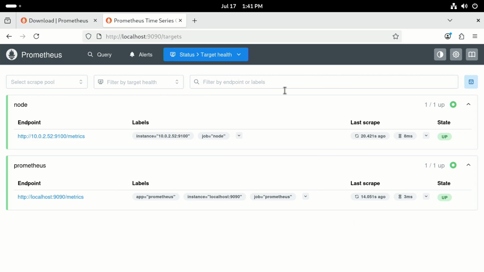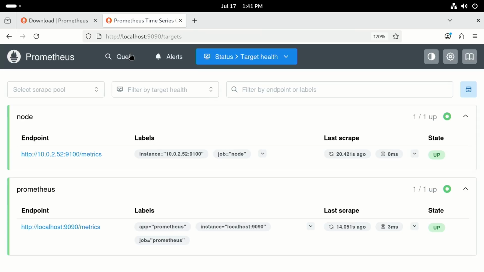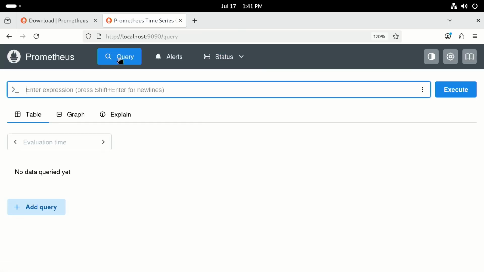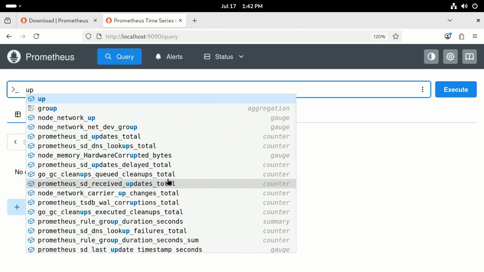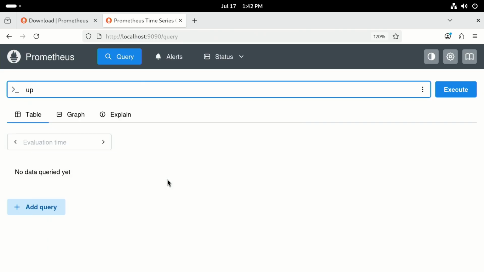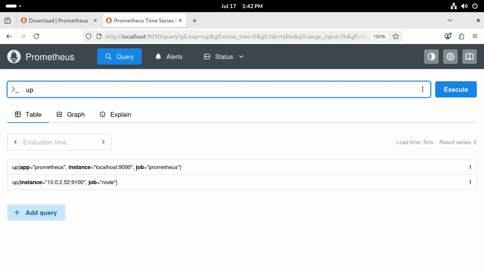And I'm back at my Prometheus server. Let's make this a little bit bigger so you can see it a little bit better here. Okay, and I'm going to go back to the query option here. You have query, you have alerts, and you have status. That's your main 3 sections within the web UI. So we're in the query section, and we enter our expressions right here. The most basic expression is up. And so if we type that and press enter, that'll show up there. And you can either click execute, or you can press enter again to execute it